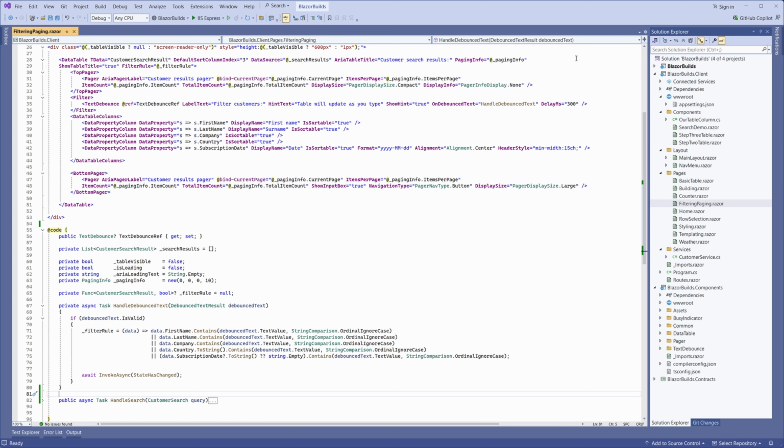This predicate is then built on line 69 in response to an event raised by the text-debounce component. On line 30, I added the top pager tag and the pager component using its compact display. To link the pager to the data table, we use the paging info object as seen on line 63. This just has properties for the pager that the table then reacts to or updates, such as when filtering or